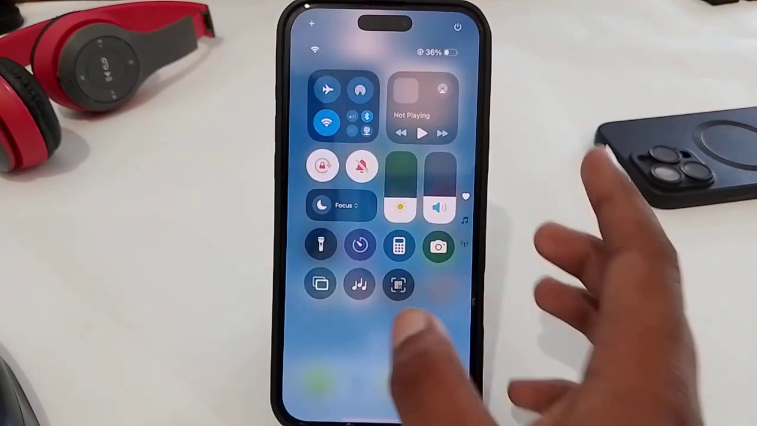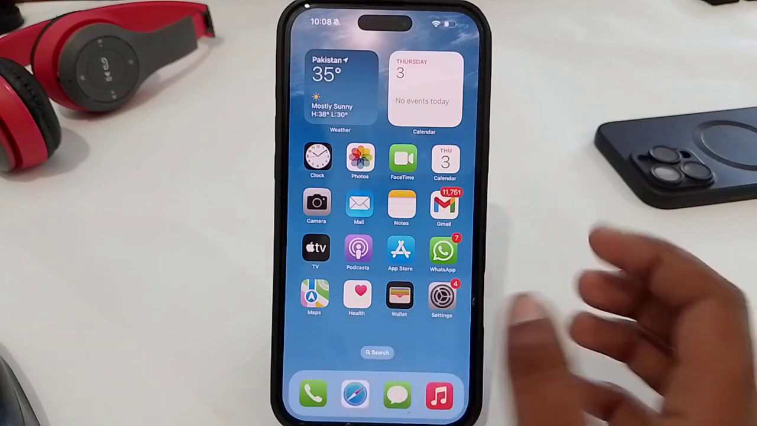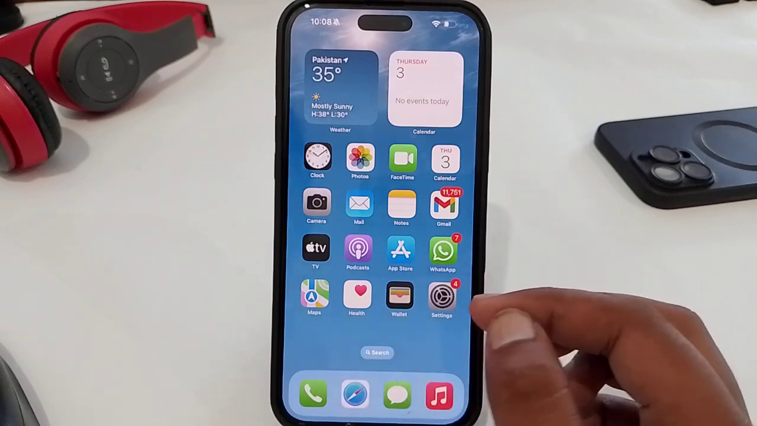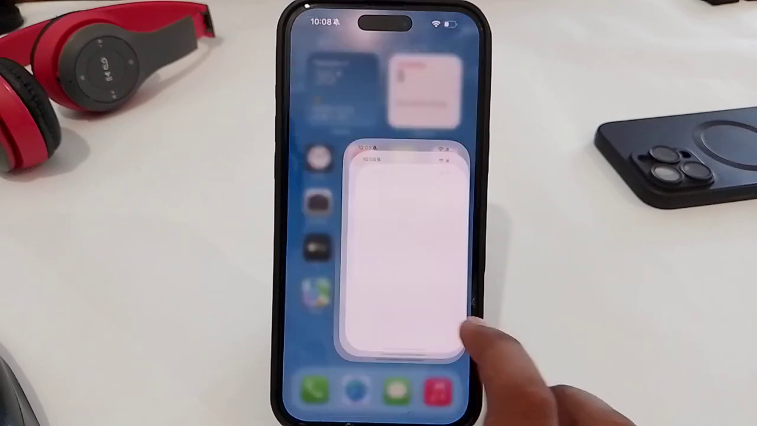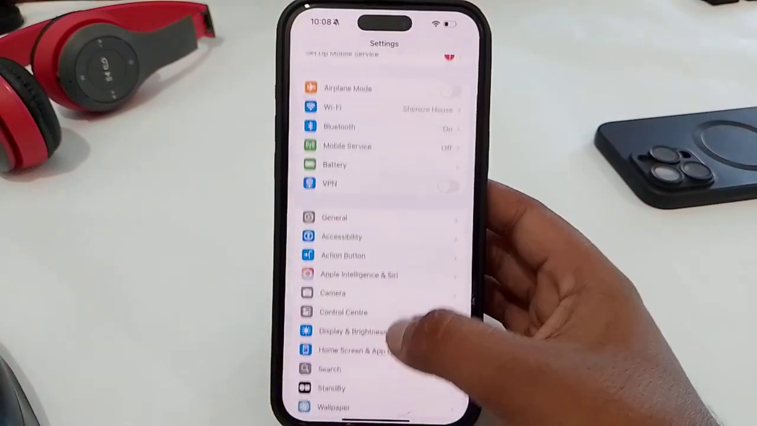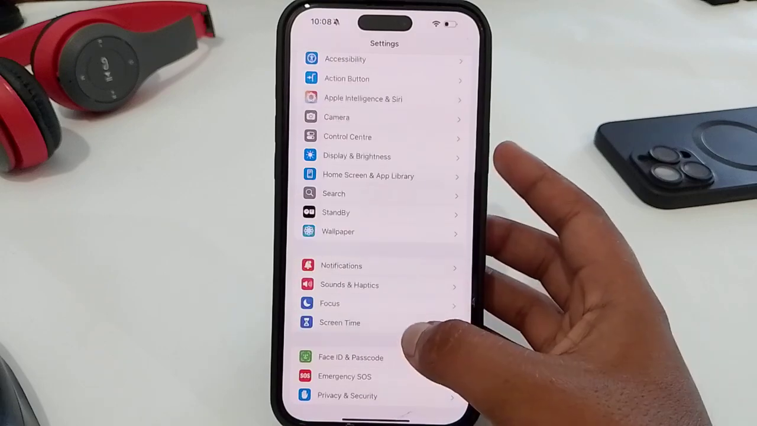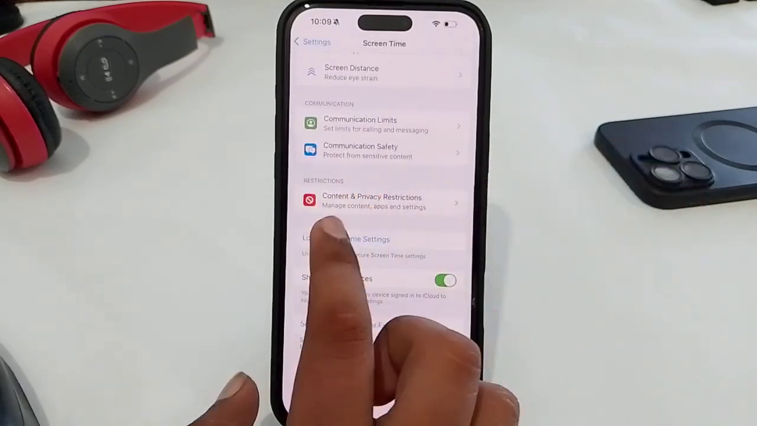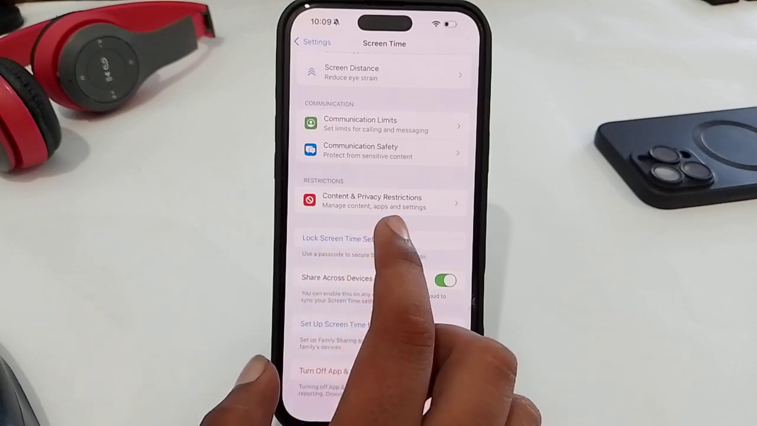But if you want to disable it from here, so you have to disable it permanently. To open your settings, just open settings and here scroll down and look for screen time. Here's the screen time option, tap on it and then scroll down again and here content and privacy restrictions, tap